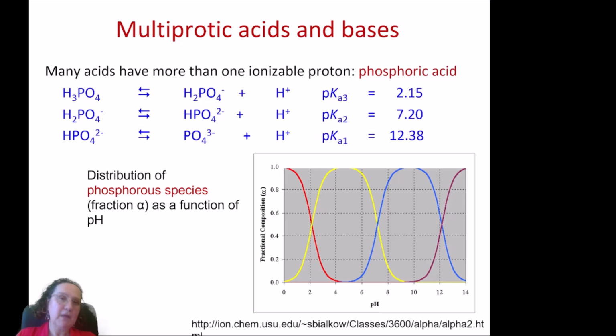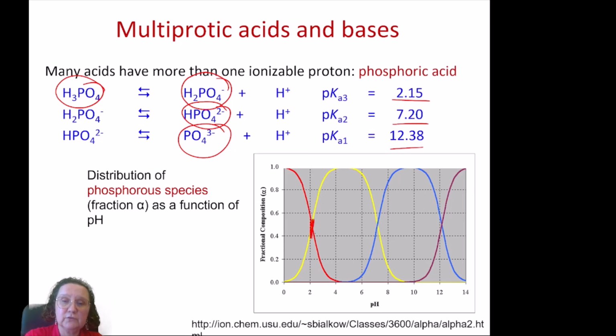And when you have many hydrogen ions, so an acid that can produce many hydrogen ions, then the diagrams are still the same. It just becomes more and more complicated in the sense that you add more and more species you can have depending on the pH. Phosphoric acid has 3 possible hydrogens to donate. You can have phosphoric acid, you can have dihydrogen phosphate, you can have hydrogen phosphate, and you can have phosphate. So there are 4 species. And the different pKa's of this reaction will give you the different cutoffs